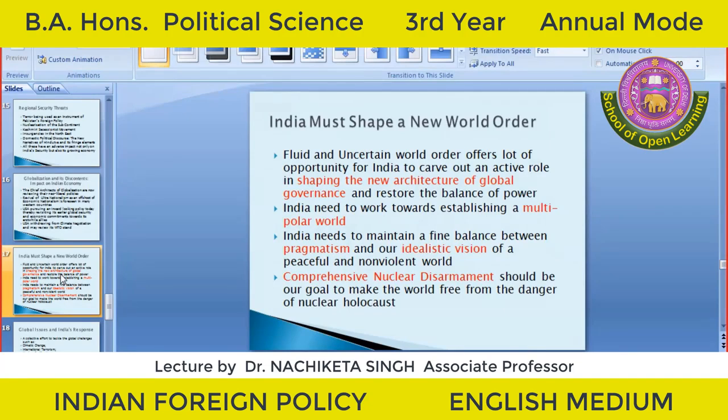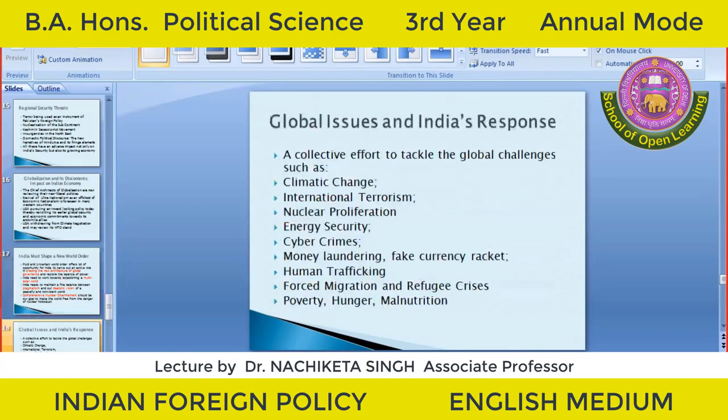So certain idealistic visions were also embedded in our foreign policy, and we talked about the non-violent world order. We still continue to talk about comprehensive nuclear disarmament, which has not happened till now, for which we are also paying the price, because we have not signed the NPT, since it is discriminatory in nature and not comprehensive in its goal. So we are not being considered as eligible for many things, including membership in the NSG, Nuclear Suppliers Group,